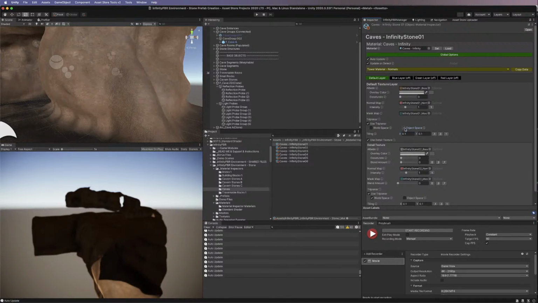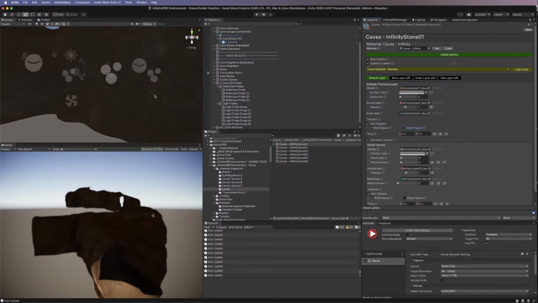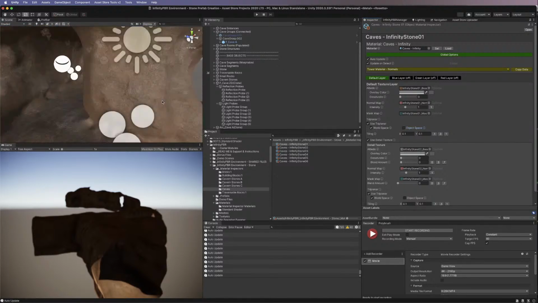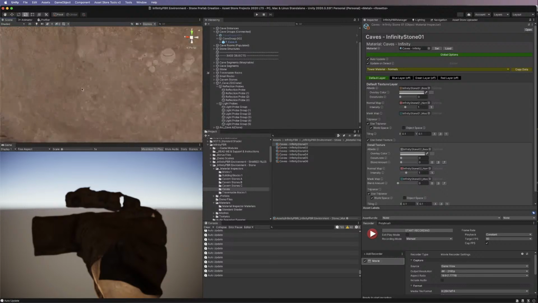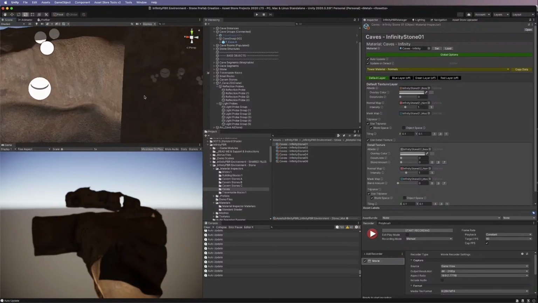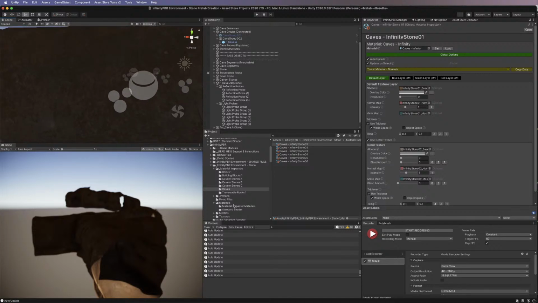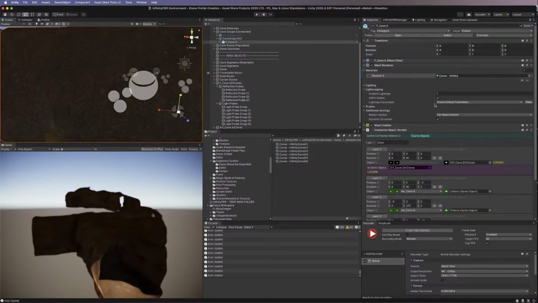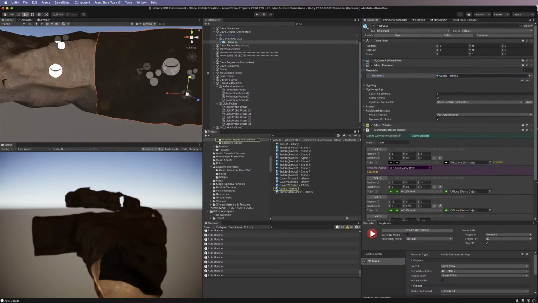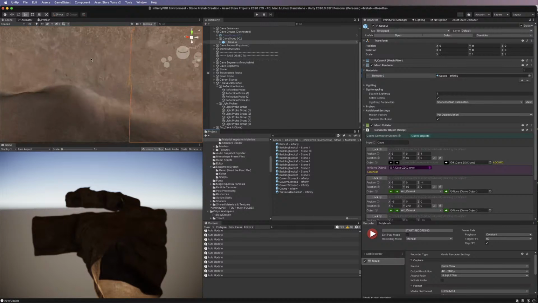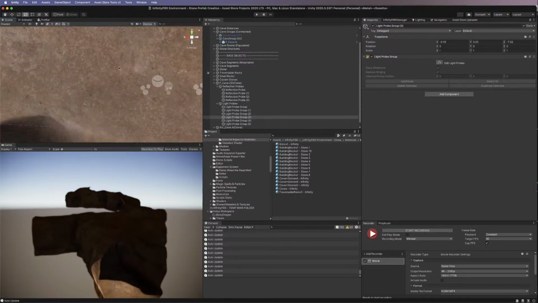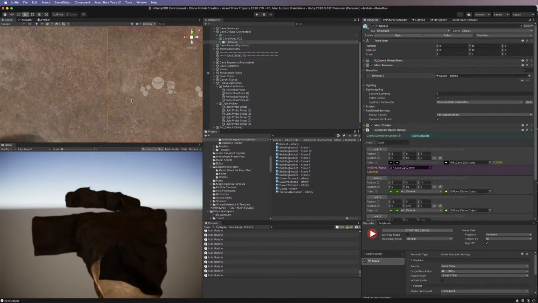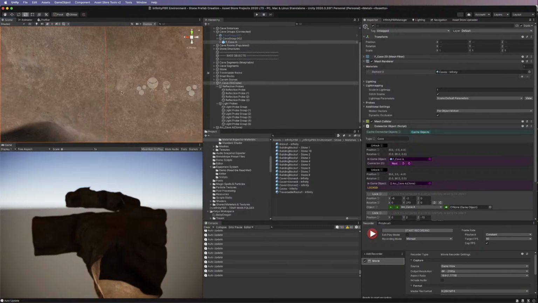You can also make it object space instead of world space. World space is better because then at the seams the texture actually will blend over the seams. We could see that right here if I bring the material over. Where is the material now? Where did it go? If I bring this material onto this cave as well, now when you look at the two seams, well, you can kind of see it, but the textures basically blend,